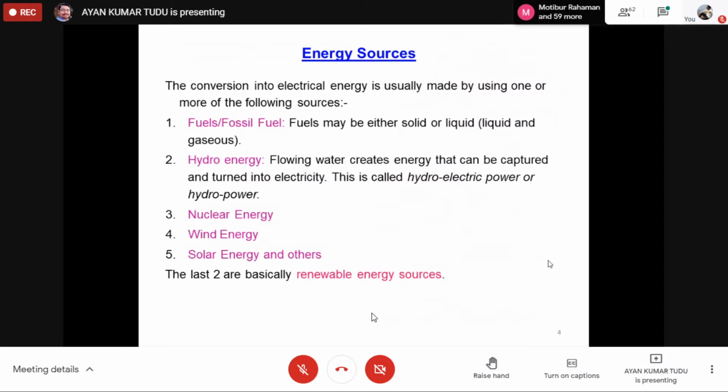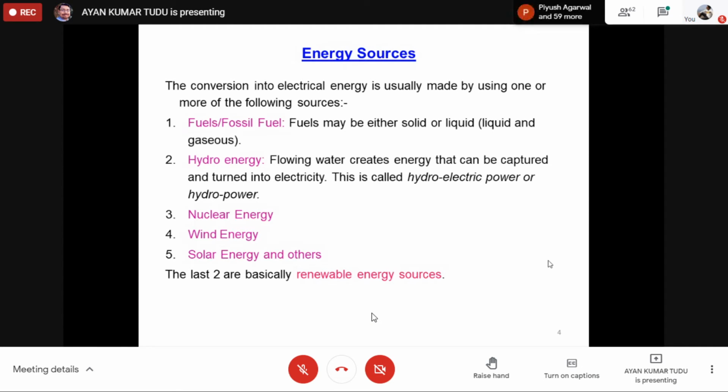So the conversion of the energy sources into electrical energy is usually made by using one of the following sources. Number one is the fossil fuels, which may be either solid, liquid or gaseous. Simply, coal fired. Okay, sometimes there is diesel fire, in very small places diesel fired plants are also used. Okay,